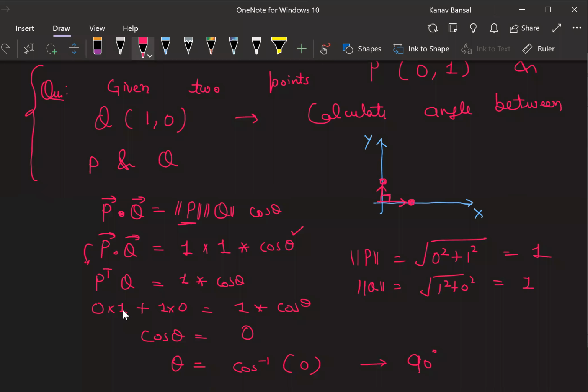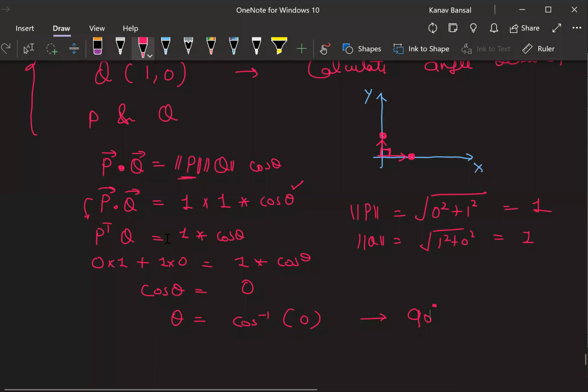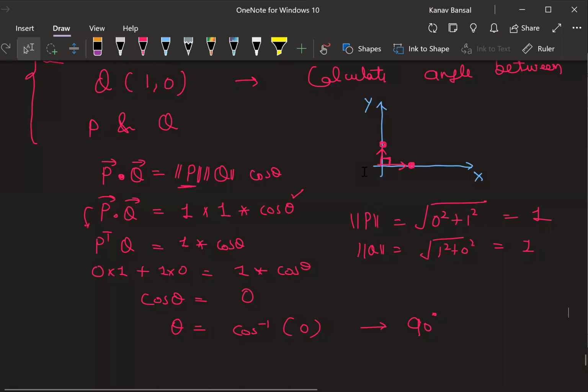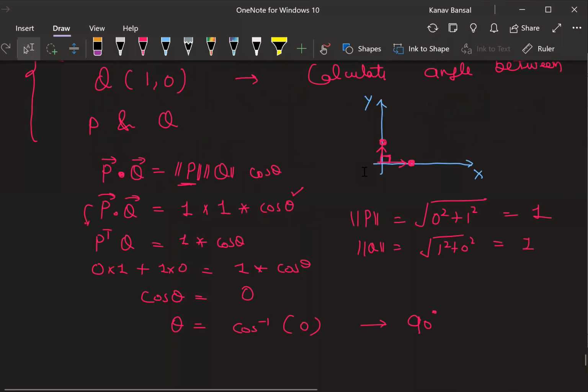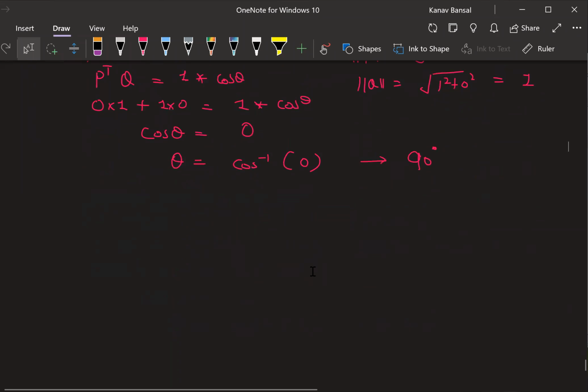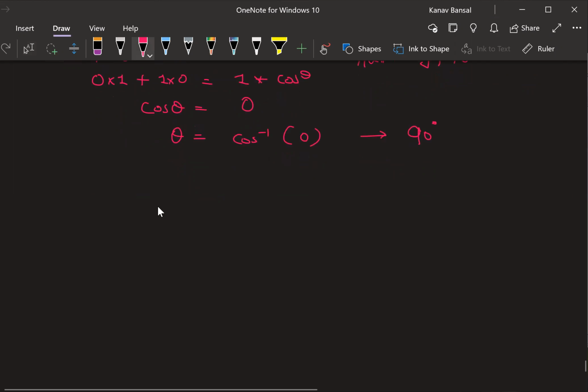Just try to go back to your trigonometry a little bit. You would understand why cos inverse 0 is 90 degrees. Is it clear to everyone? Yes or no? Basic mathematics from 9th and 10th class. Cool. Now let's look at the last concept for today, after which we don't need any other things. We can directly come up with all these things.